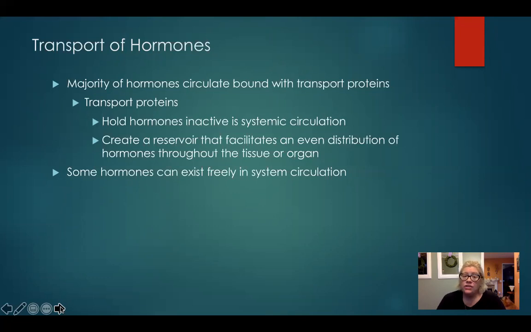The other thing that transport proteins are going to do is create a reservoir that's going to facilitate an even distribution of hormones throughout the entire target tissue or target organ. So let's say we have our target organ and we have our blood supply to it. Well, if our hormones are traveling in our circulatory system,